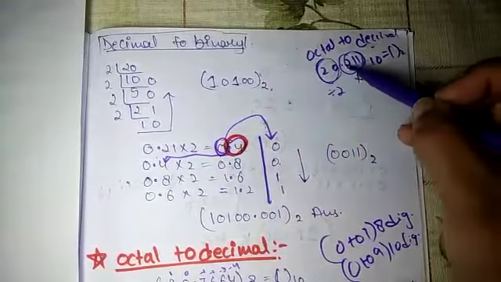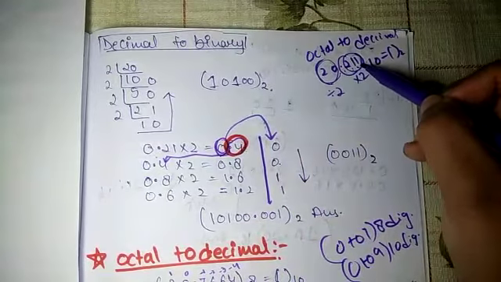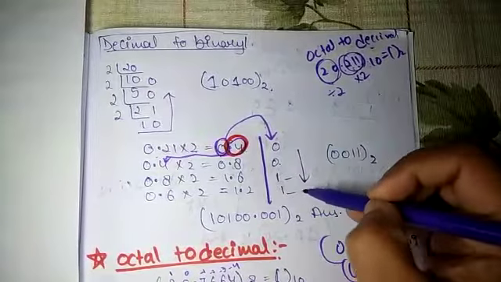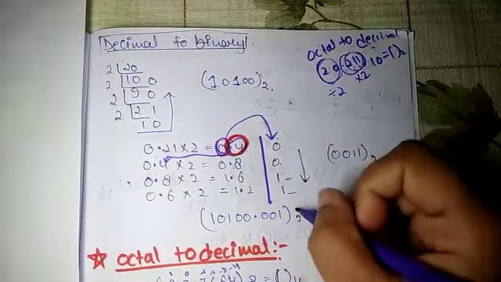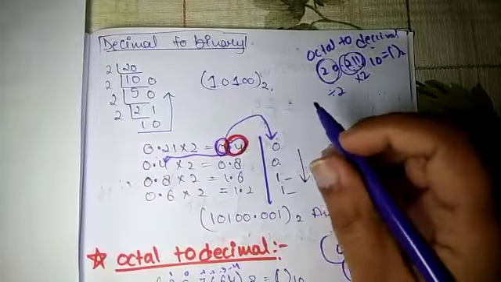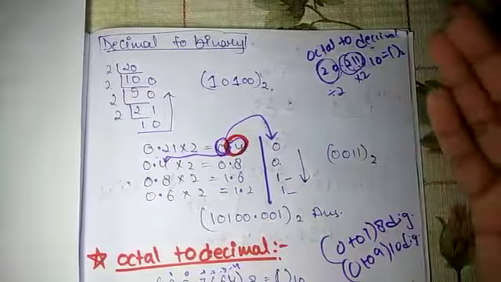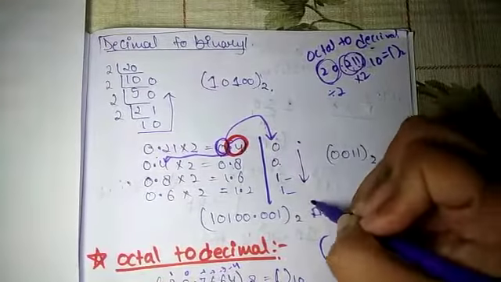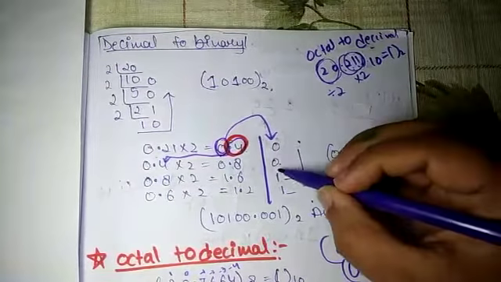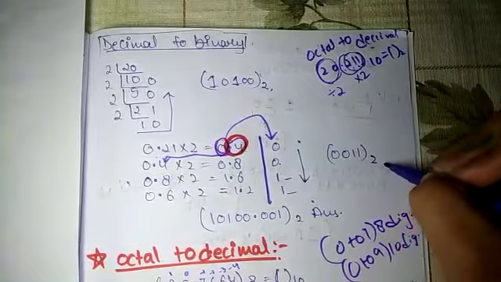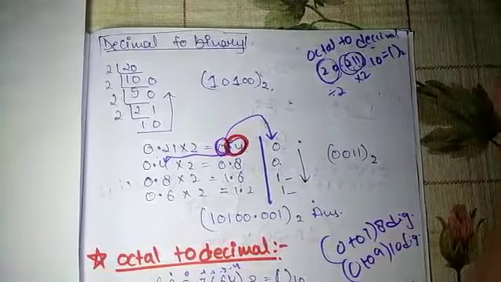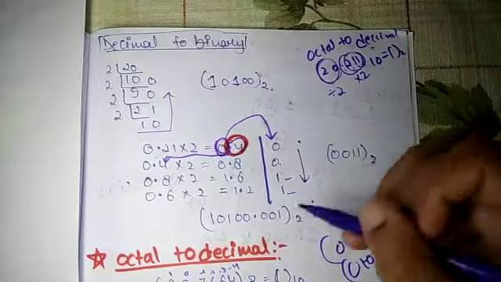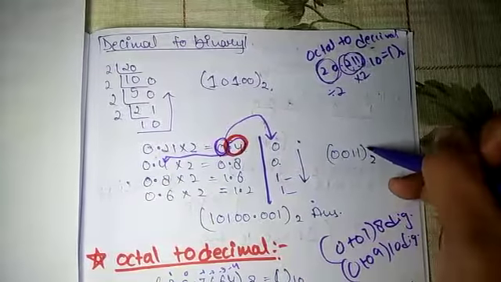As we are having 0.211, 3 digits after the decimal, we have to consider 3 values. Up till 4 it's not a big deal, we can go up till 4, but it's not necessary to go after it. So we are considering the answer from top to bottom. The answer will be 0011 with the base 2. So the full answer we get is 101100.0011 with the base 2.